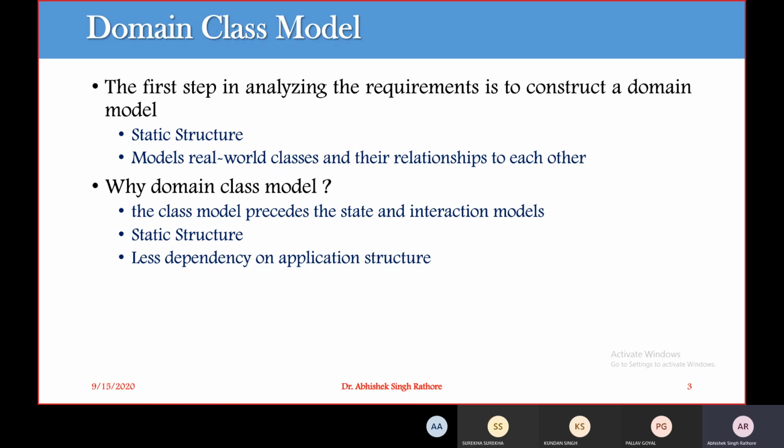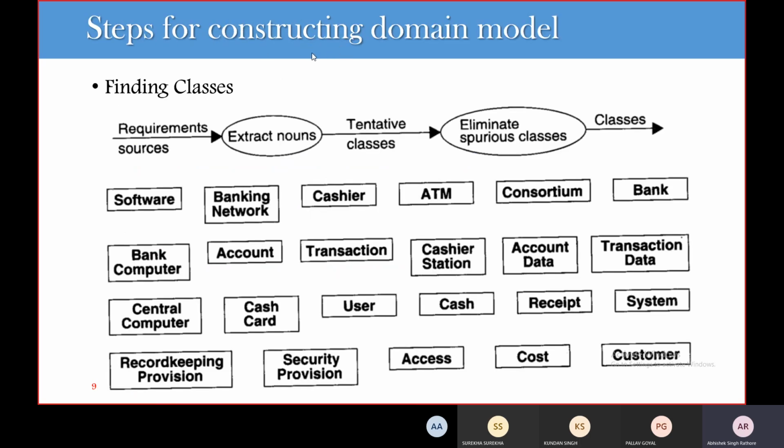So this first step might be, so these are our first step. Our first step for constructing our domain model is we have to identify or find the different classes that are available. So finding classes is our first step in constructing our class model, or a domain class model. We have to find the more relevant classes for the objects for a particular application domain.